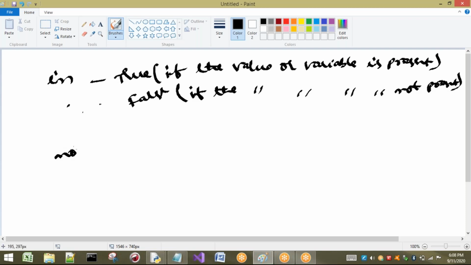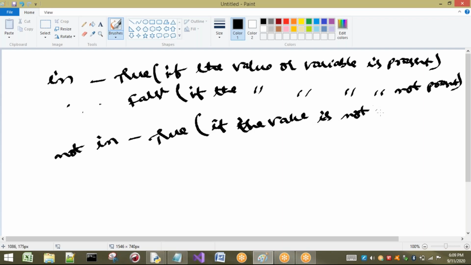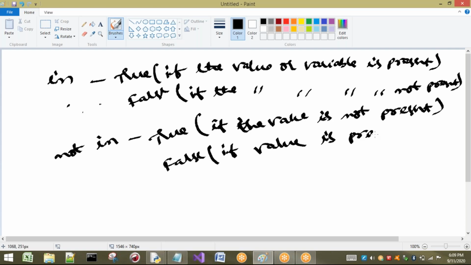Now if you consider not in, when are we going to get True? Not in means if the value is not present, then we are going to get True. When are we going to get False? If the value is present. These things you have to understand about in and not in.